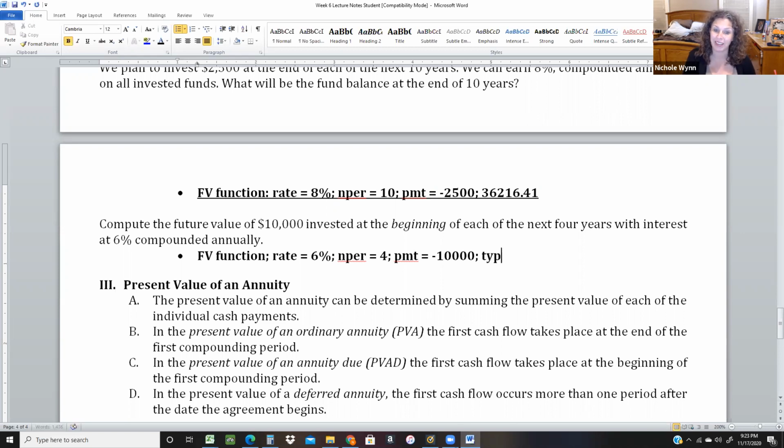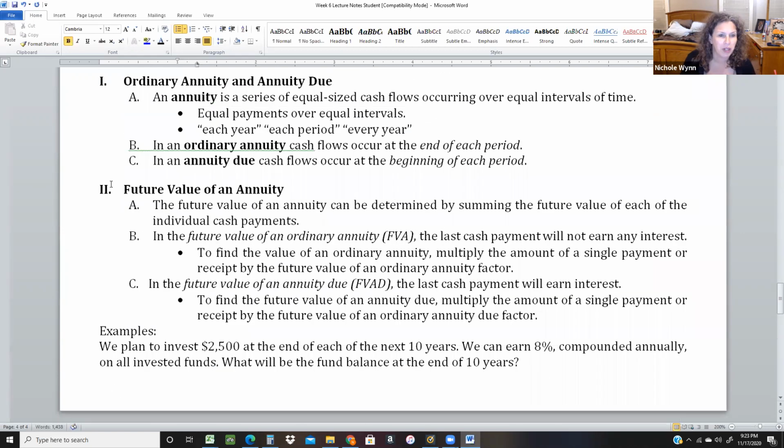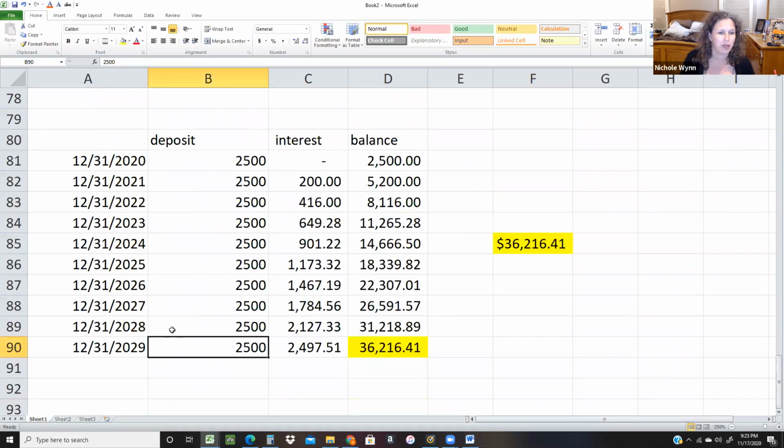But because it says beginning, I'm going to do it at the beginning, right up front. My type will be 1, because this is an annuity due. So an annuity due is when the first cash flow happens at the beginning. So let's go look for that. So, in this example,